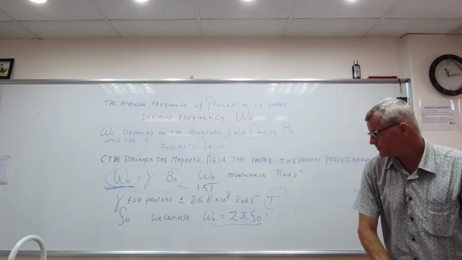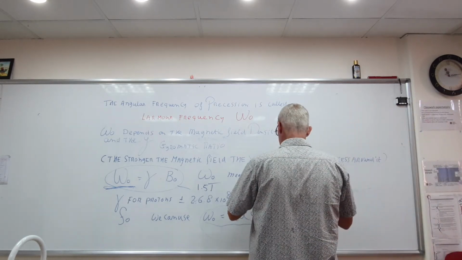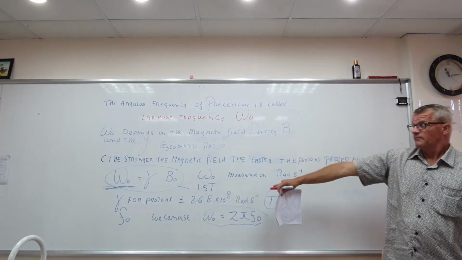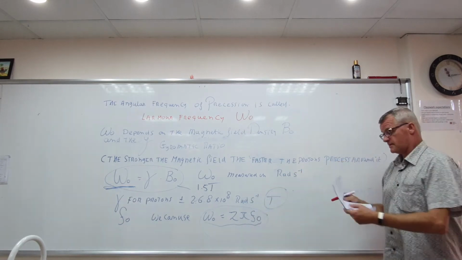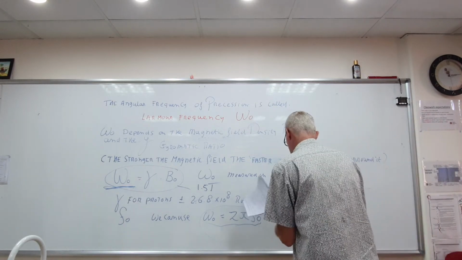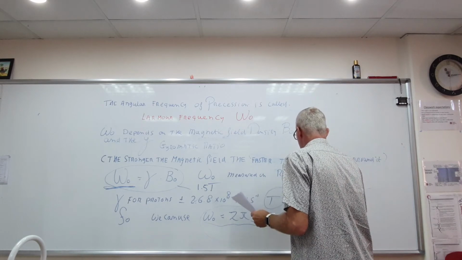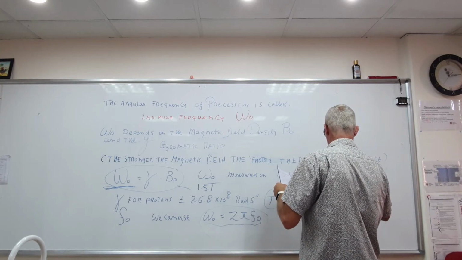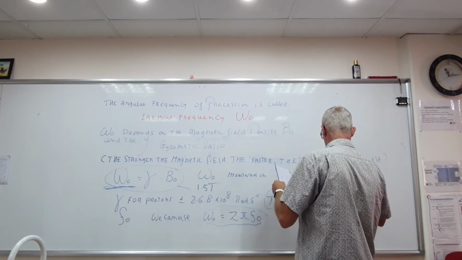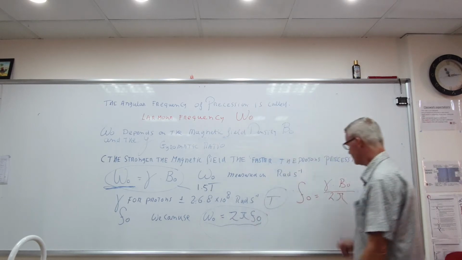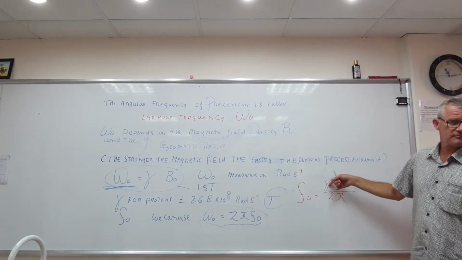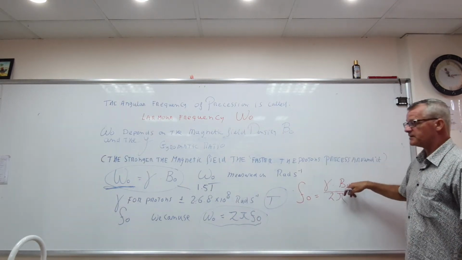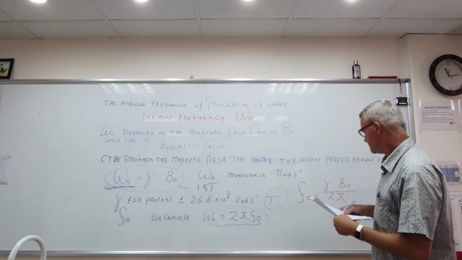Now, combining these two will give us a formula for finding the frequency of the precession, we get F0 is gamma B0 over 2 pi. The gyromagnetic ratio is given 2.68 times 10 to the power 8. The magnetic field is given 1.5 Tesla, so we can fill in